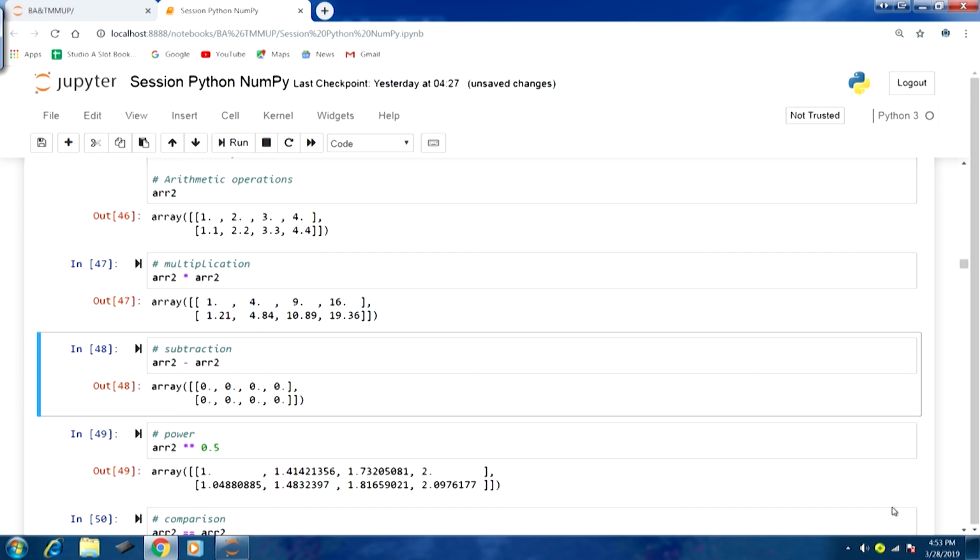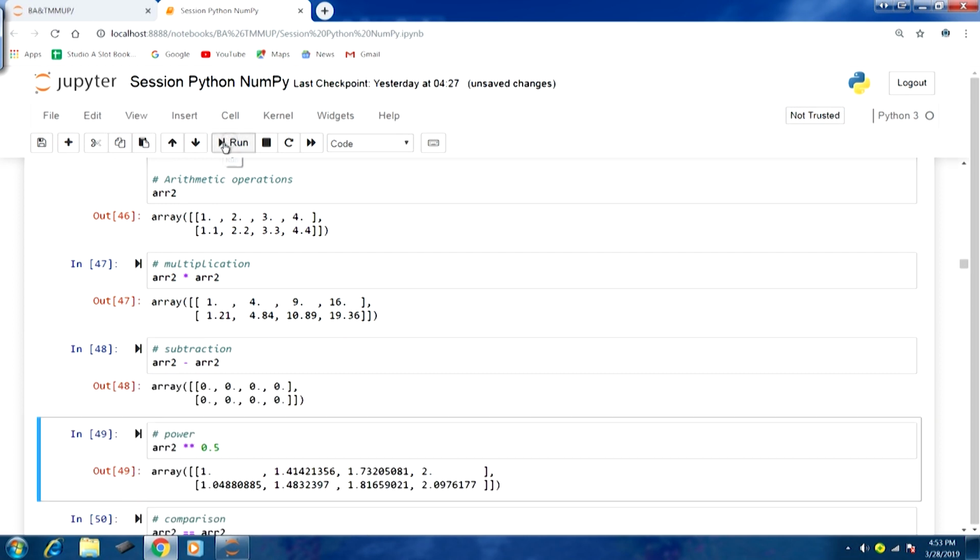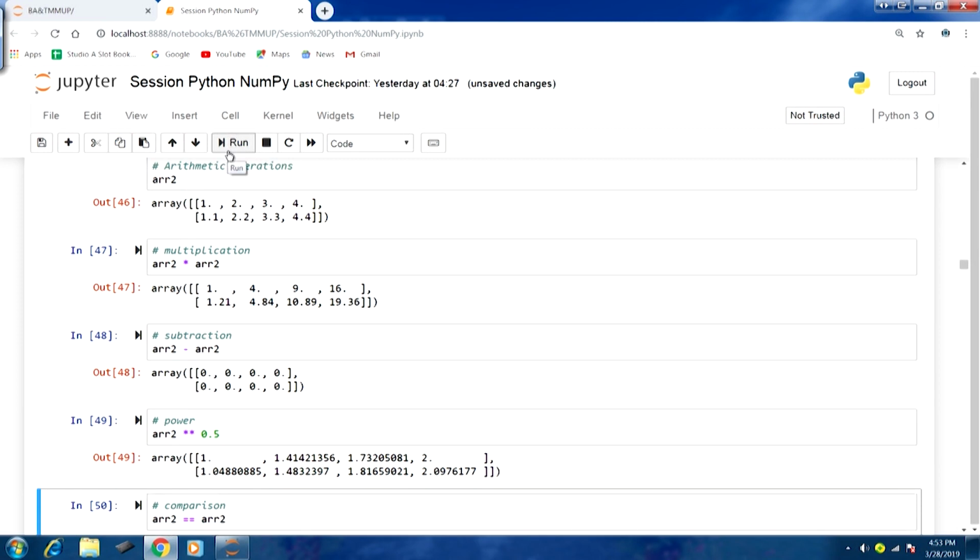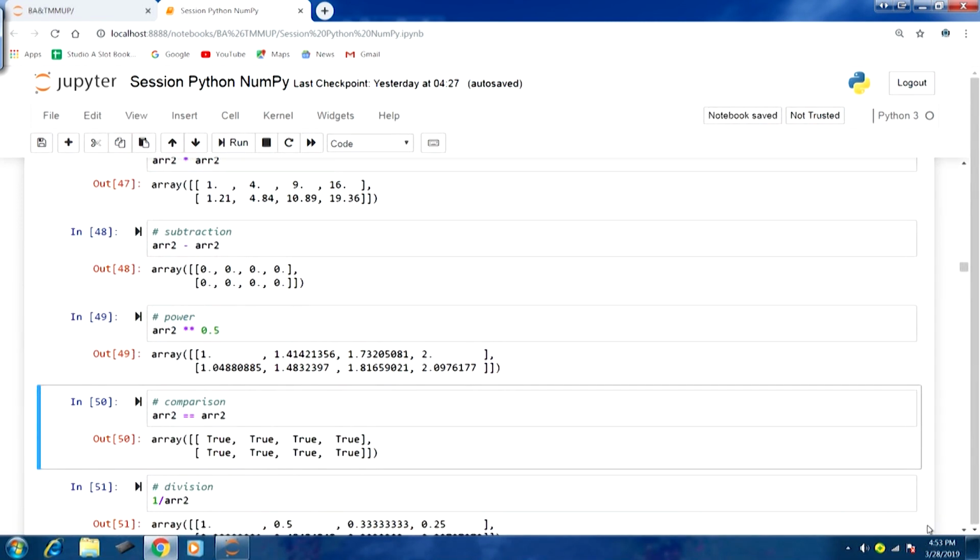Similarly, another example for subtraction, array 2 minus array 2, and you can see that it is performed quickly. Similarly, a power operation here, array 2 to the power 0.5. Essentially these are square root values. If you want to perform a comparison, again element wise comparison will happen, and in the output number 50 you can see for each element whether those values were equal or not.